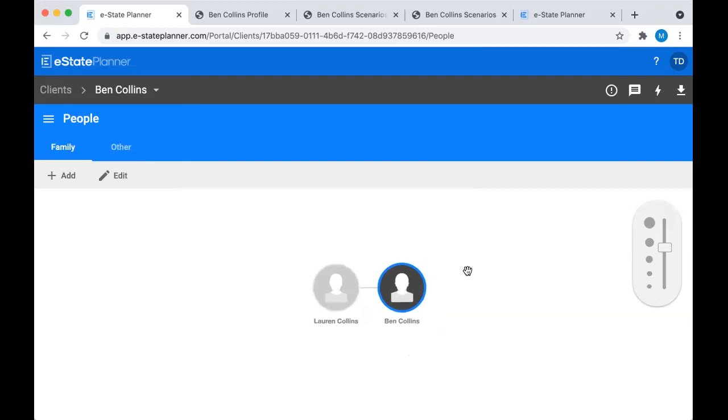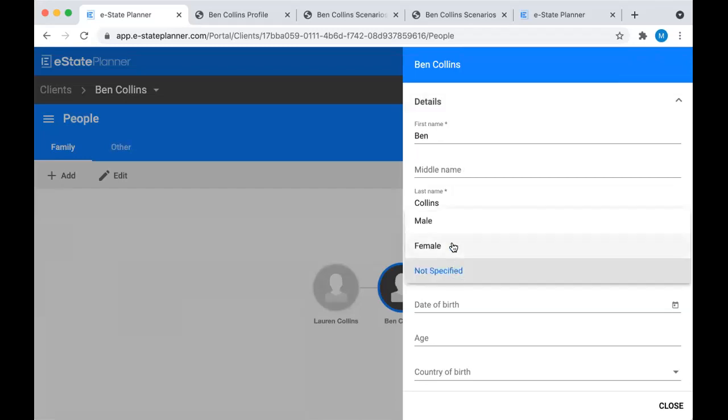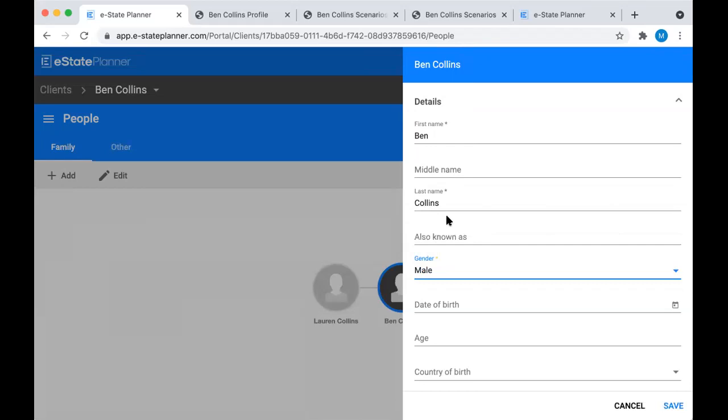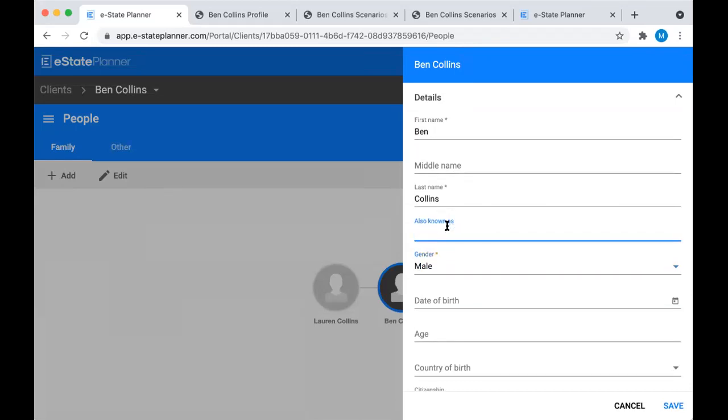And usually what I like to do first is edit the client's information. So I just double click on the client's icon and it's going to bring up more information. So really the key names for anyone on the family tree, you're going to want to make sure the first name and the last name and the gender are filled out properly, just so that the wording of the will comes out right and it doesn't say he or she throughout, it just sticks to one if they identify as one. You can put in also known as too, so if Ben's also known as Benny Collins, that will come